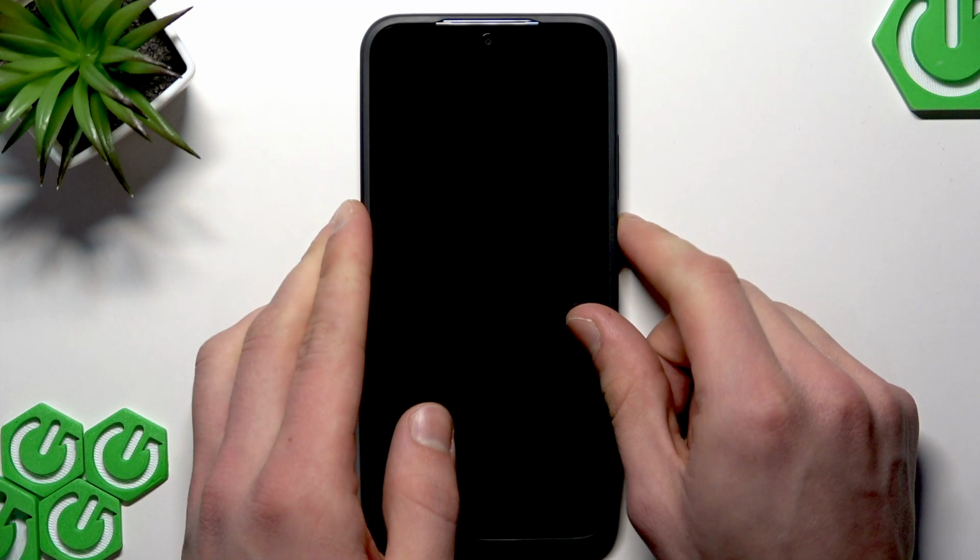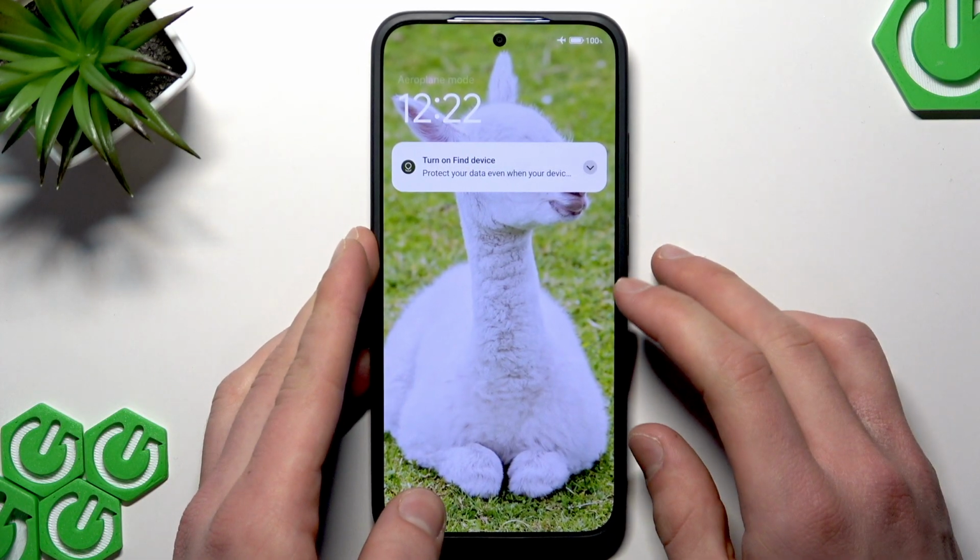But if you cannot do that, for example, if you bought this phone secondhand, and you cannot prove the ownership of your device, then you can perform a factory reset operation on your device. You can do this all by yourself. This will 100% let you regain access to your device,